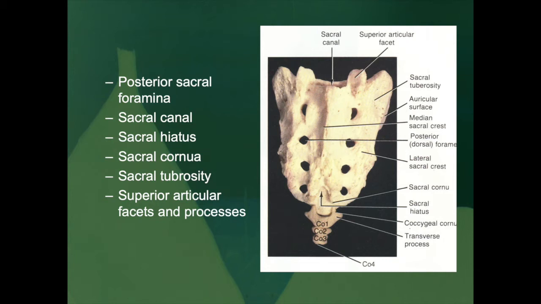The sacral tuberosity again unites the hip bones. It forms the sacroiliac joint, so that's very, very important. And then we have the superior articular processes of the sacrum, again articulating with that fifth lumbar vertebrae. So try to situate the sacrum within that vertebral column, associated in this case with the lumbar vertebrae, at least